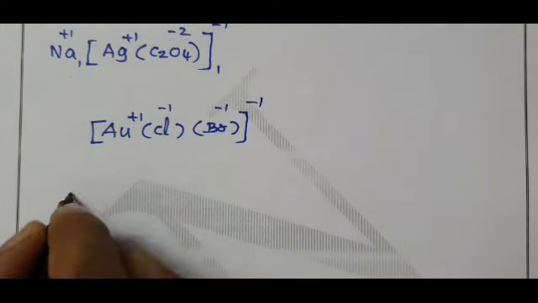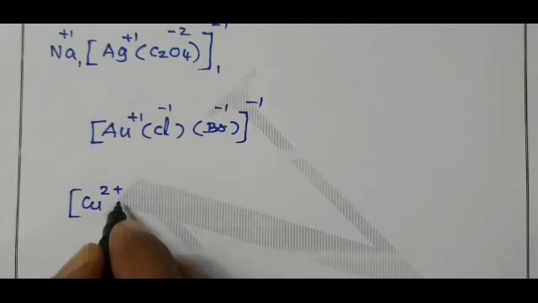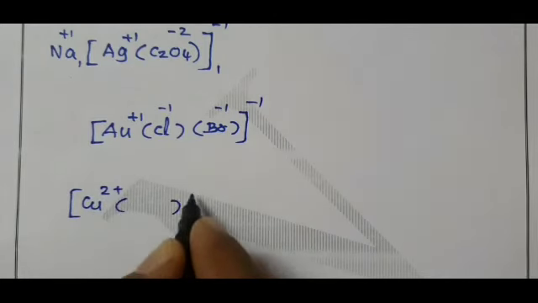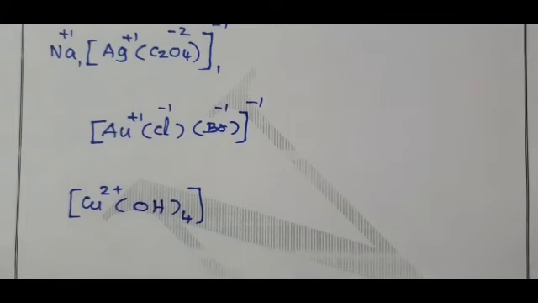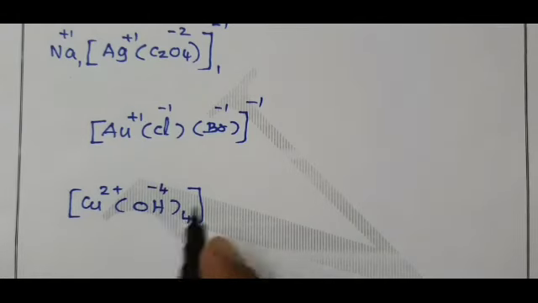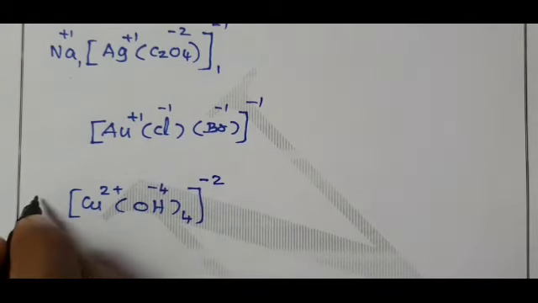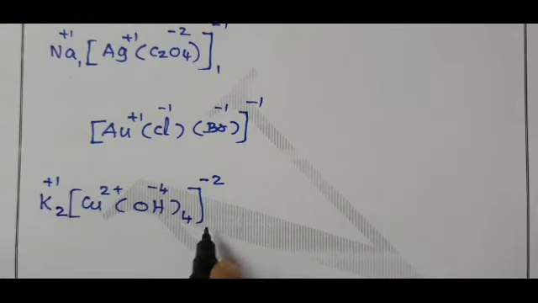Start with the square bracket. Copper 2+, copper 2+. Now coordination number of copper 2+ is 4. In this, now I am adding OH minus ion. Hydroxido, the name is hydroxido. 1 OH 1 minus, 4 OH 4 minus. When you add these two, you will get minus 2 on the complex. That minus 2 is replaced by plus 2, or simply put potassium. There is no need to add calcium here, but we have to cross that valency. That 2 should be written here, this one should be written here.